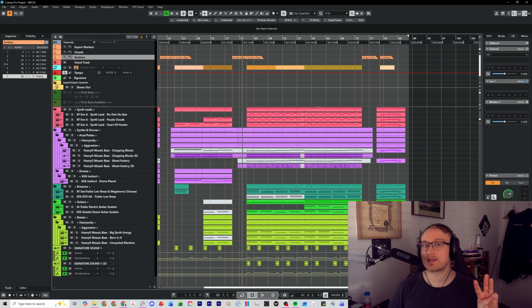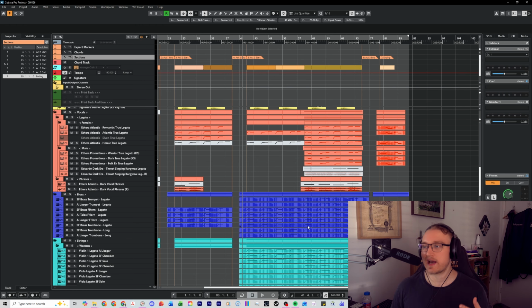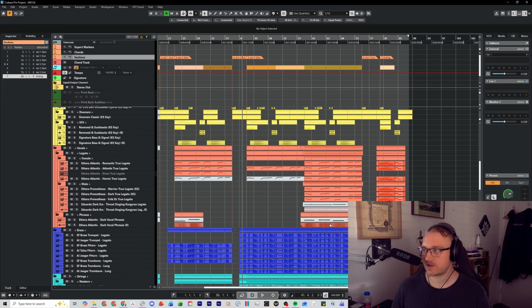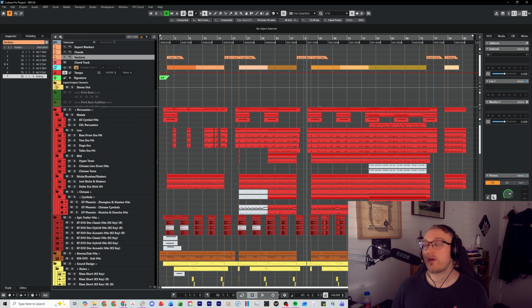Now, Act 3 is the payoff, the climax. This is where you show the full power of your music. Here we've got the full brass stack, trombones, French horns, and trumpets. We've got the full string stack with multiple different libraries of each instrument playing the same notes. We've got choir sustains. We've got loads of percussion, and even the trail hits, as you can see in Act 1,